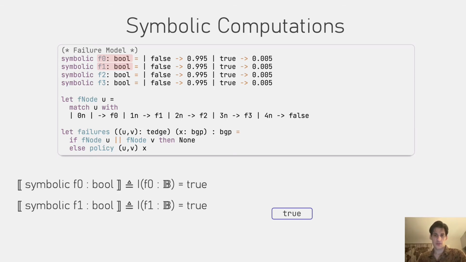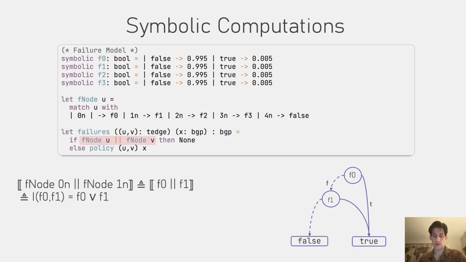If we want to compute a set of values that describes that either F0 or F1 are true, then we can just directly do so over the binary decision diagrams. For the logical OR, if F0 is true, then this leads to the true leaf, because it belongs to the set. Otherwise, if it is false, then we will look at F1, and if that is true, then again this leads to the true leaf. Otherwise, this combination does not belong to the set, so it leads to the false leaf.